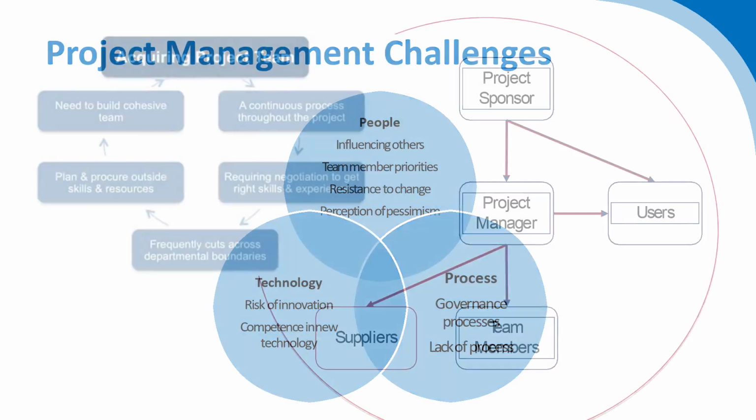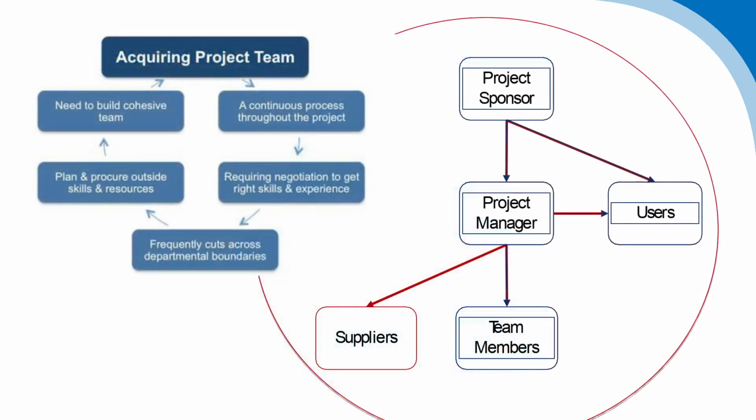I'm just going to zero in now on people and particularly project teams, because it's worth taking a few minutes just to look at this in a bit more detail. So we've said already that projects are very distinct from operations. You may well have different departments, different operational teams, different functional teams, such as a marketing team, an IT team, an engineering team, a retail team. All of these teams and departments are part of your operations. They're part of your day-to-day activities. They're part of the business as usual.